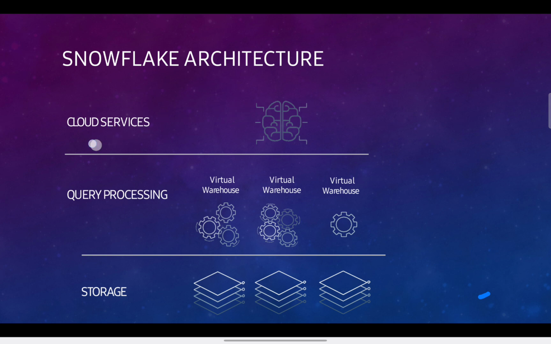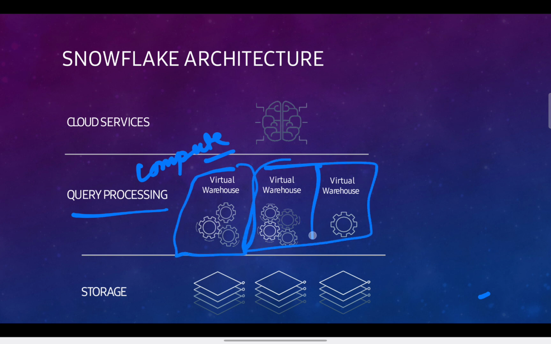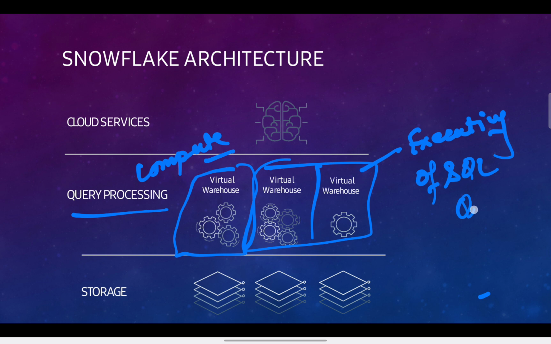When it comes to the second layer, the next layer is the query processing layer, also called the compute layer. Here Snowflake uses different virtual warehouses, as shown in this slide. These are independent virtual warehouses which execute the queries you are writing. Execution of SQL queries will happen here